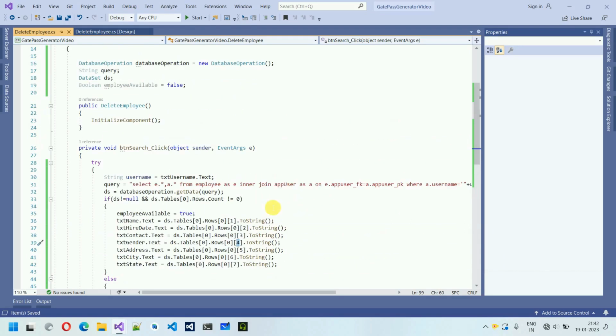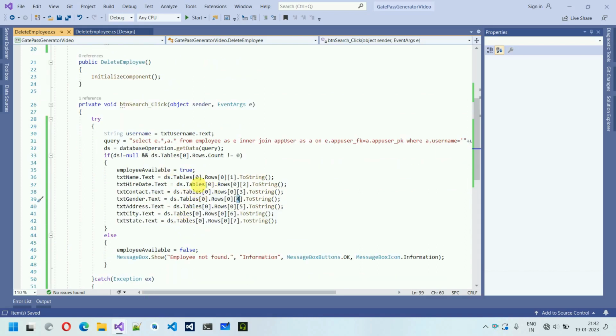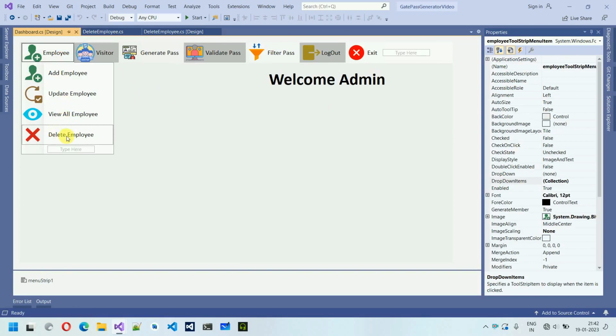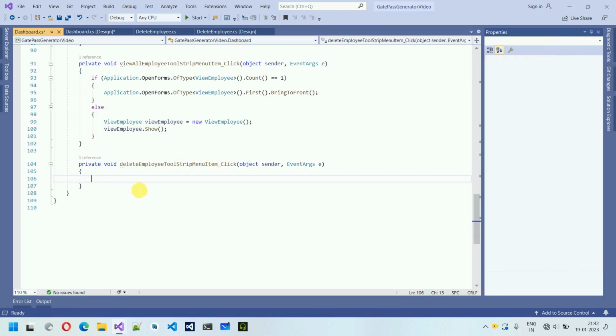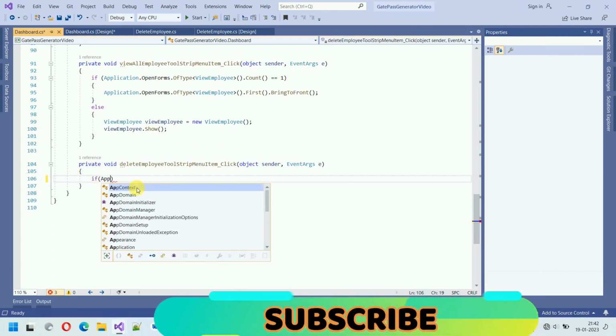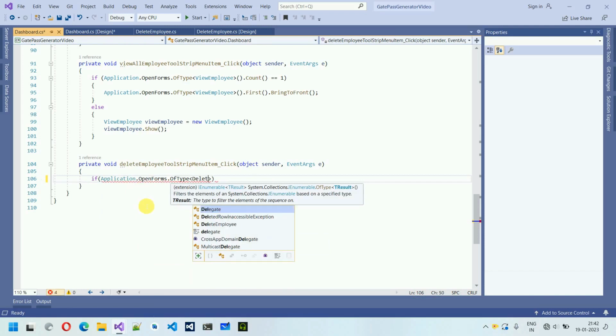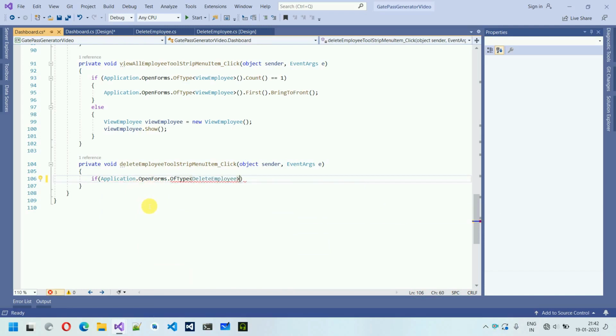Okay, so let's execute this and let's see if this one is working fine on it. So before we execute this, what we have to do is we have to move back into the dashboard, and we have to connect that form with this button, that is delete employee. So if I click on this, and here you can see this delete employee tool strip menu item. So double click on this, this will generate a click event for that. So first we will check that if that form is opened or not. So application dot open forms dot of type, inside this one we will pass type delete employee,